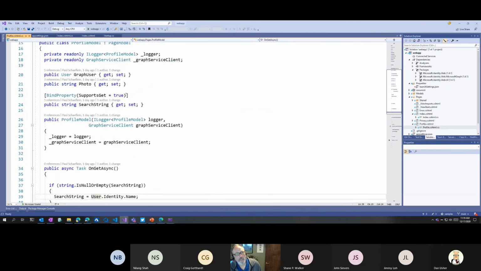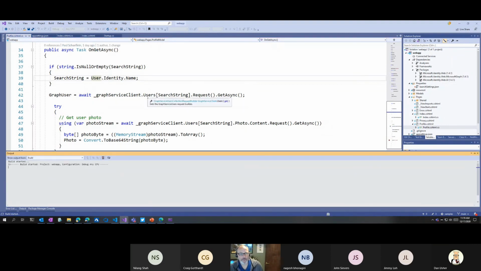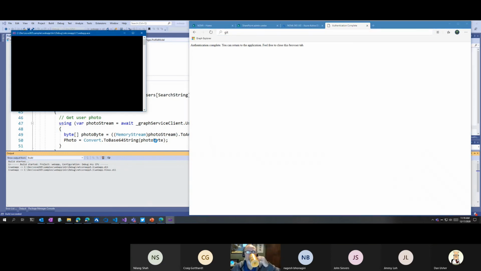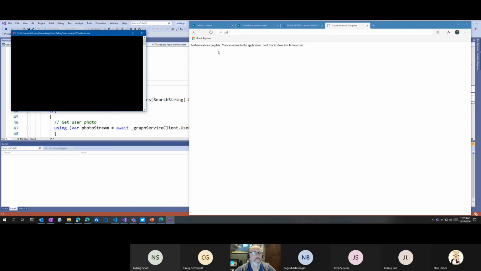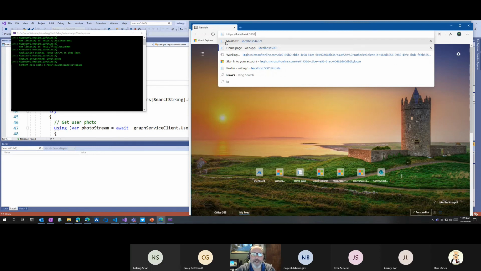So if I have a breakpoint on the catch, you can imagine this may not have worked in the past. So we'll cross our fingers and give it the old college try. And I want to make sure it launches in this browser. So let me set that to be the default. All right, that is working. It opened a new page. It has the right account. It didn't put the address in here, and it's localhost 5001.